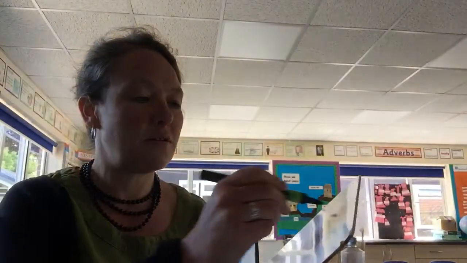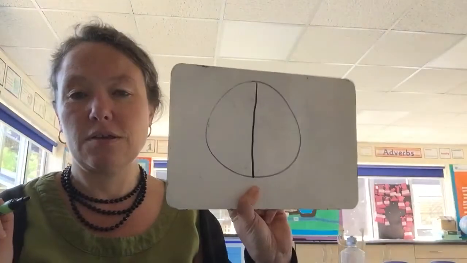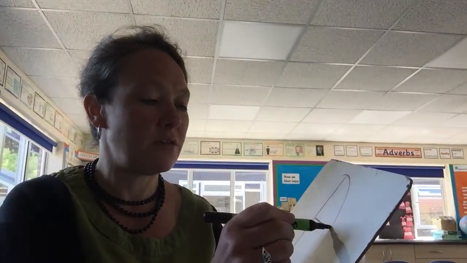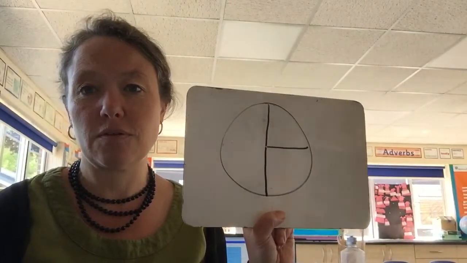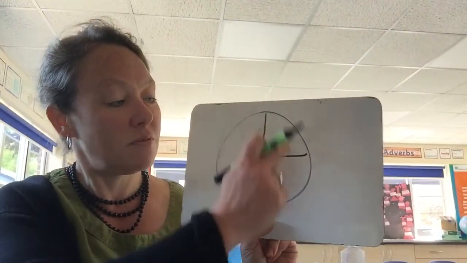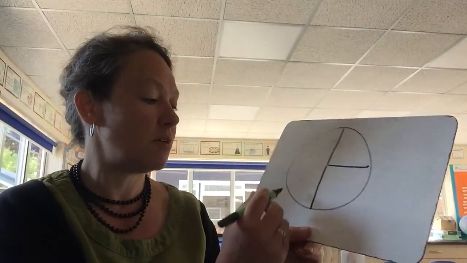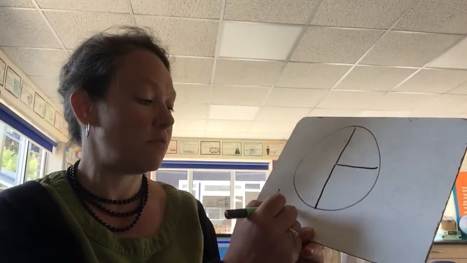Okay, now equivalent fractions, hopefully you can remember that equivalent means equal or the same as. So if we had a pizza, now I'm going to draw you a terrible pizza, but if we had a pizza, here's our pizza. If I can cut it into half. Okay, now each piece should be exactly the same. Now I could cut one of the halves into half again, and now it's in quarters, but this half is still the same as these 2 quarters together. So the equivalent fraction here is 1/2 equals